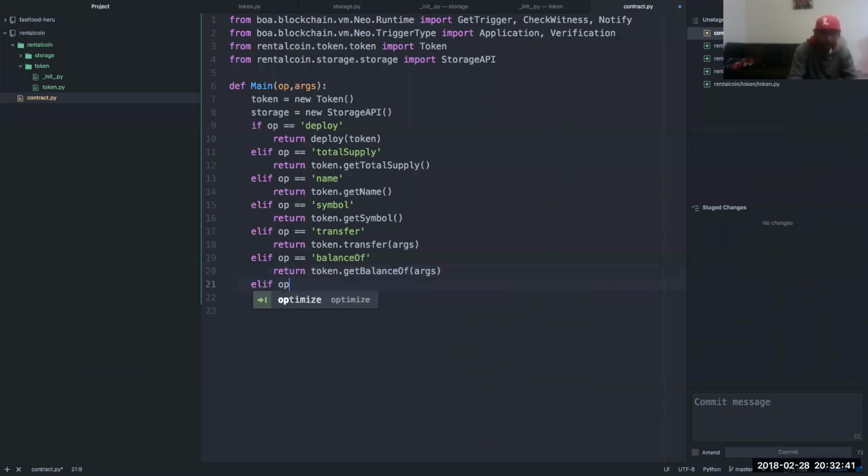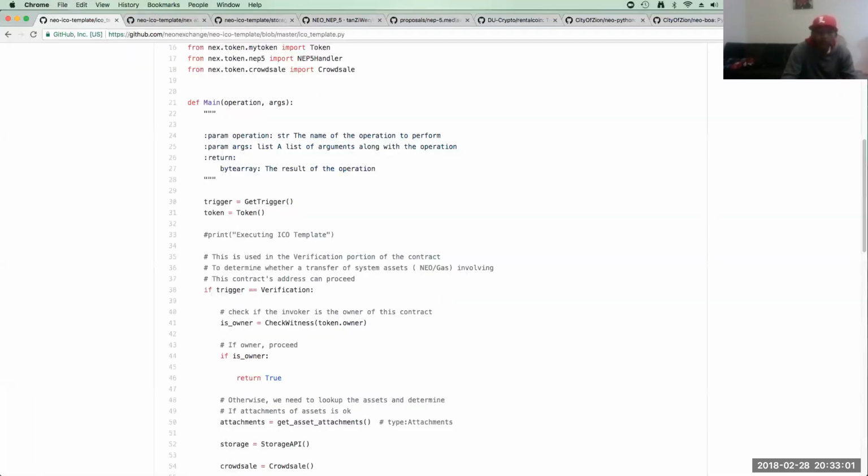If equals decimal, return token dot get decimals. And I think that's all we have right here.